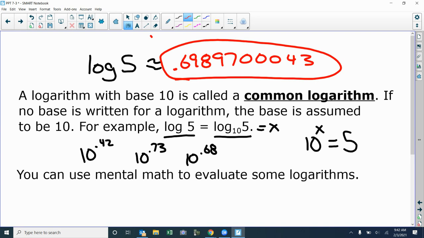What kind of number is that? One of those numbers that keeps going and doesn't repeat. What do we call them? The most famous one of them is called pi. What do we call those numbers? Irrationals, right? What is 0.69897? That would be, okay, 10 raised to that power